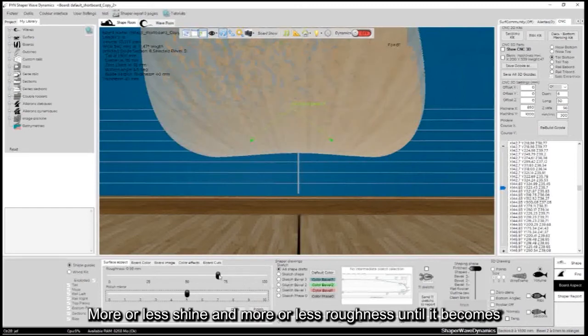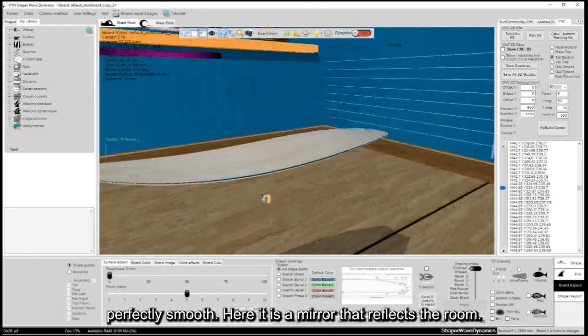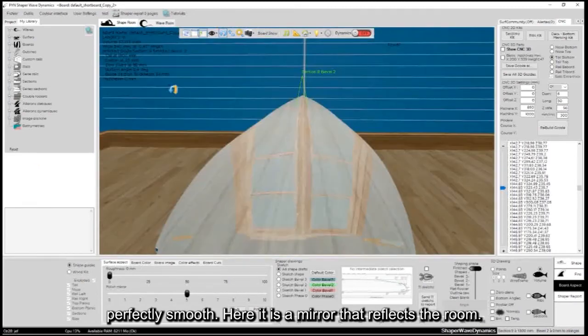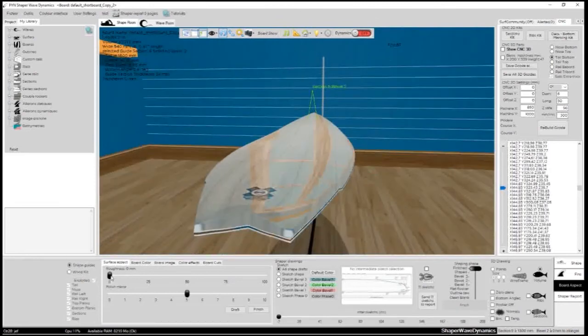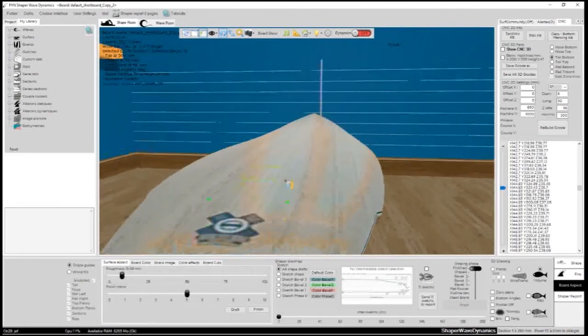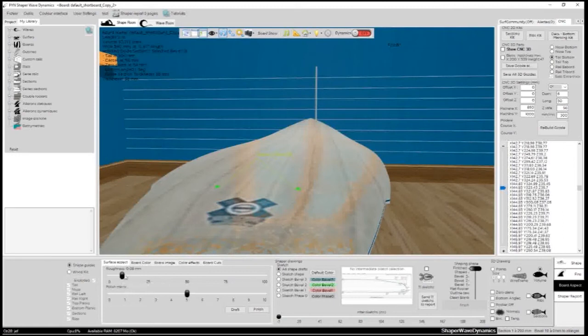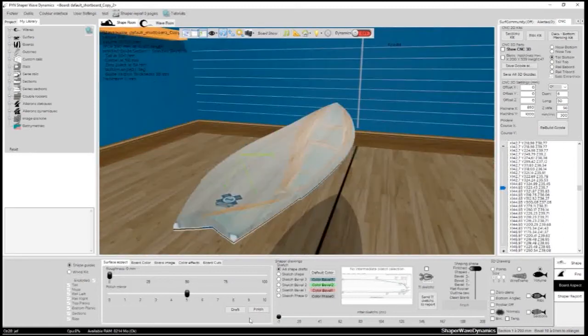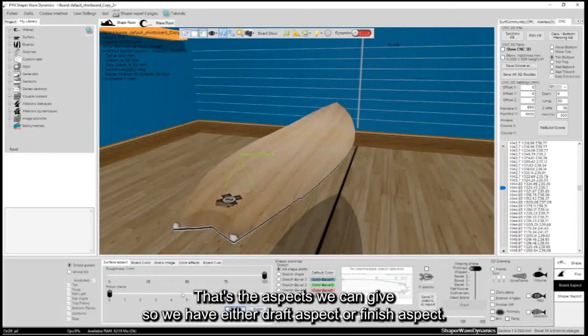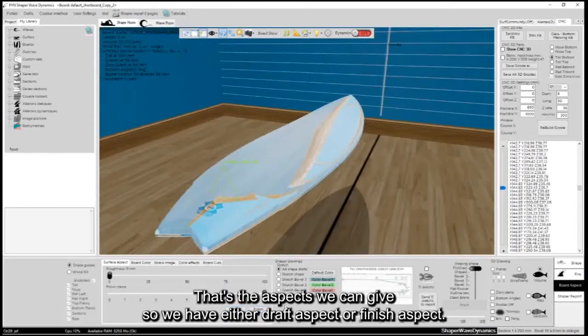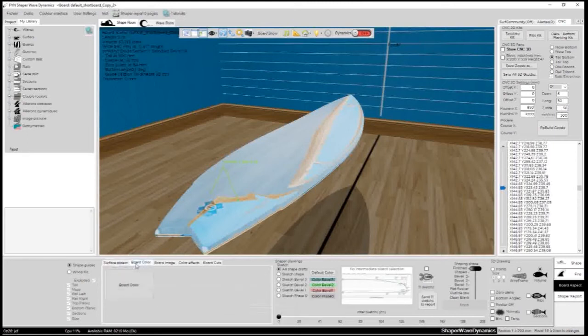More or less shine and more or less roughness until it becomes perfectly smooth. Here it is a mirror that reflects the room. That's the aspects we can give, so we have either draft aspect or finish aspect.